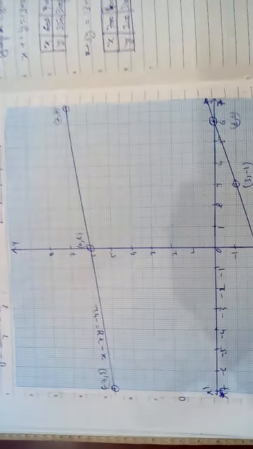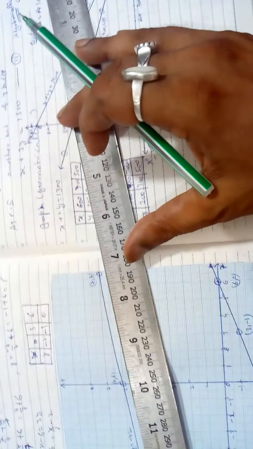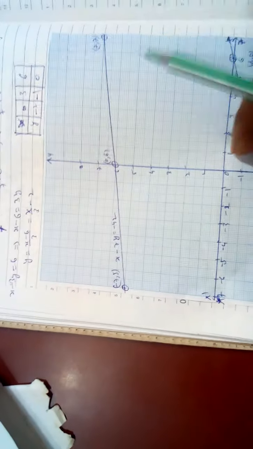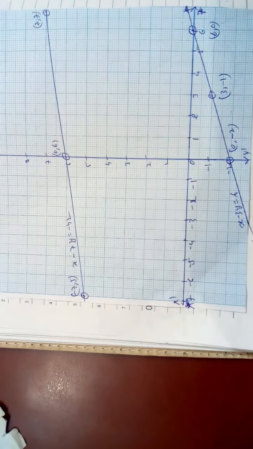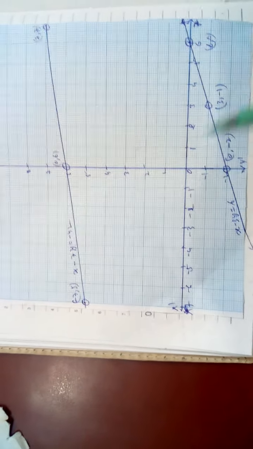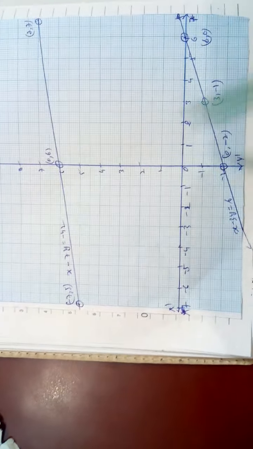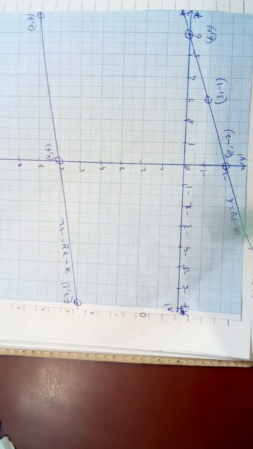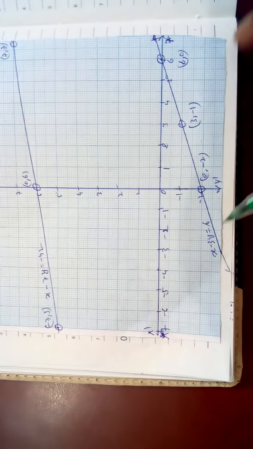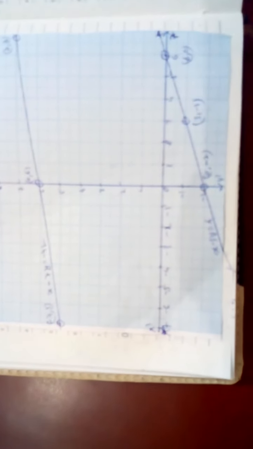When you produce this line indefinitely like this, both the lines, one line here and one line here, after some time they will meet. You are not seeing it, but it is meeting here. It is an intersecting line, but your question is not asking what type of line you are getting. Your question is saying what is the representation, only represent, no answer is asked, so no need to write anything. You plot it properly, put the equation here and write.